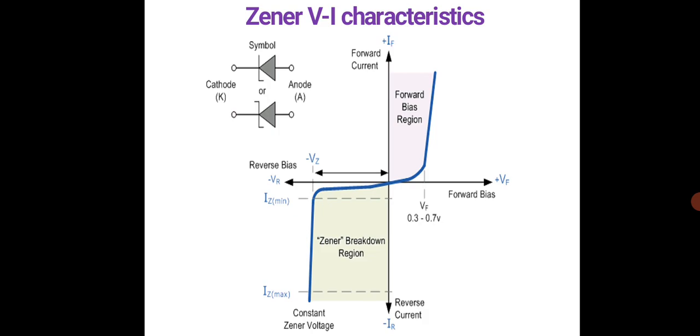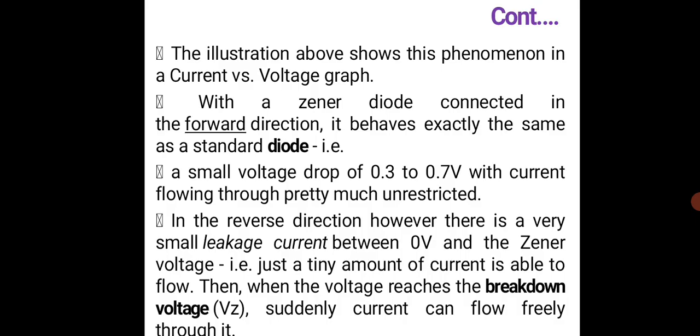So this is the VI characteristics, and the illustration above is a current versus voltage graph. With the Zener diode connected in the forward direction, it behaves exactly the same as a standard diode. That is, there will be a small voltage drop of 0.3 to 0.7 volt with current flowing through pretty much unrestricted. Of course we know that in the forward bias there will not be any restriction in the flow